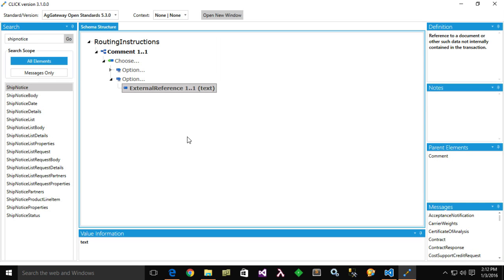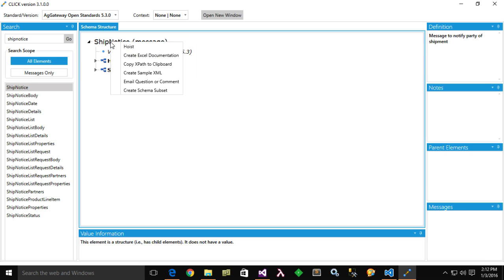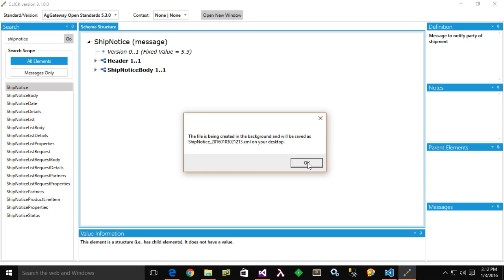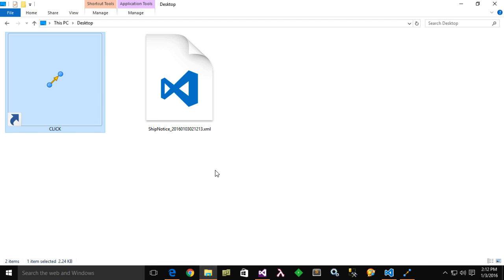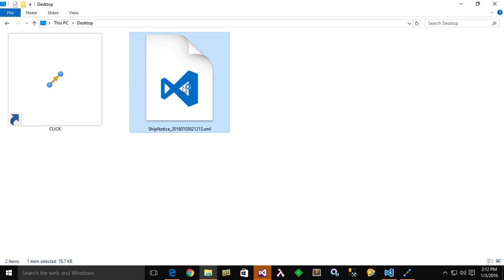The next thing I want to demonstrate to you is creating a sample XML document. And just like with creating Excel documentation, it produces it in the background and gives you a little message that tells you that, and then puts the file on the desktop. So in this case, it's creating the file in the background, and we'll switch to our desktop, and you can see that it's present on the desktop. And then we'll just double click on it, open it up in the Visual Studio Code,